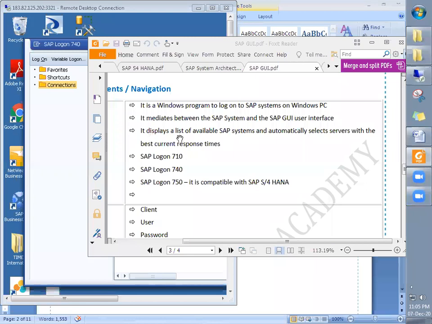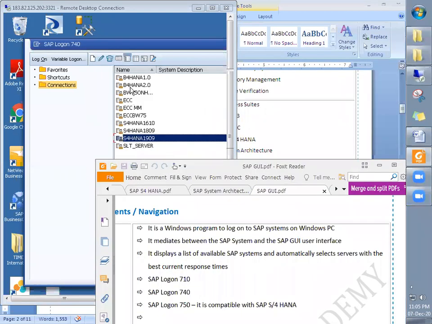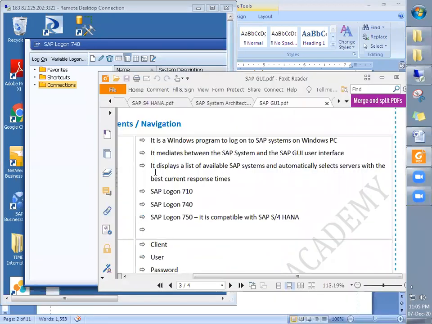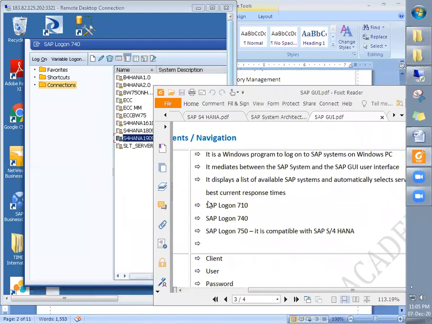It displays a list of available SAP systems, and automatically selects servers with the best current responses. You can see it is displaying the list of available systems, right? Currently we have SAP 710, SAP 740, SAP 750 available. So that is the significance of SAP Logon.